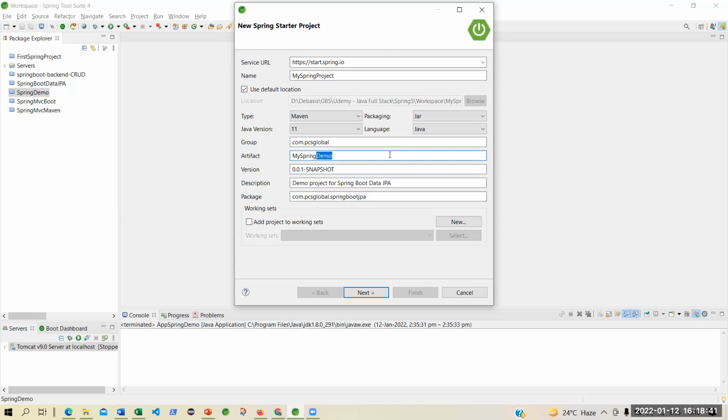I will always prefer you not to confuse yourself and the others. Just keep the starter project name and the artifact the same. This is the convention. Don't worry about the snapshot version. This is the first version that you are doing for the Spring project. And the description, you can give anything. It's my demo or first Spring project. Okay. Any name, any description.